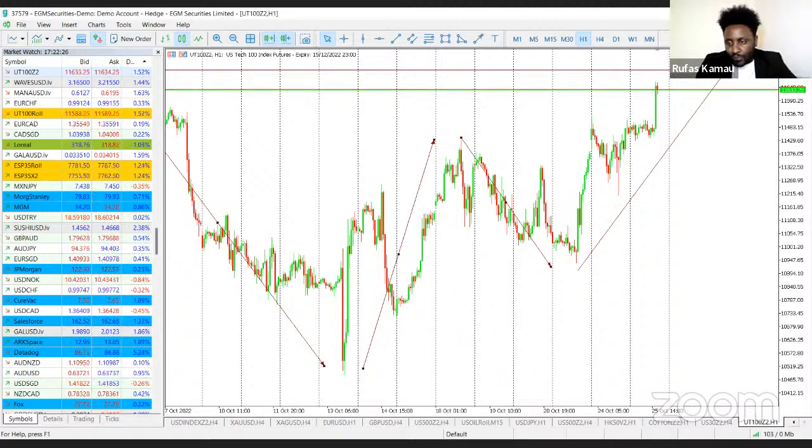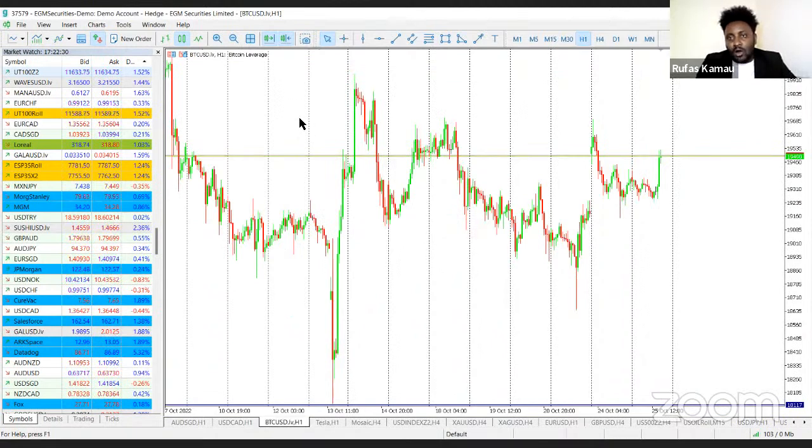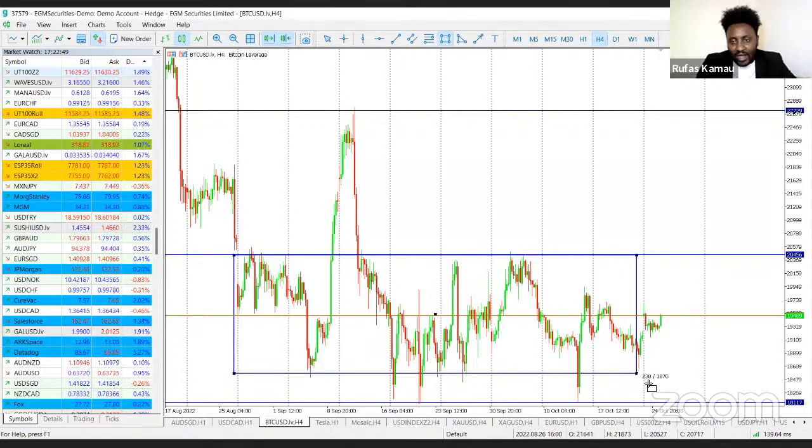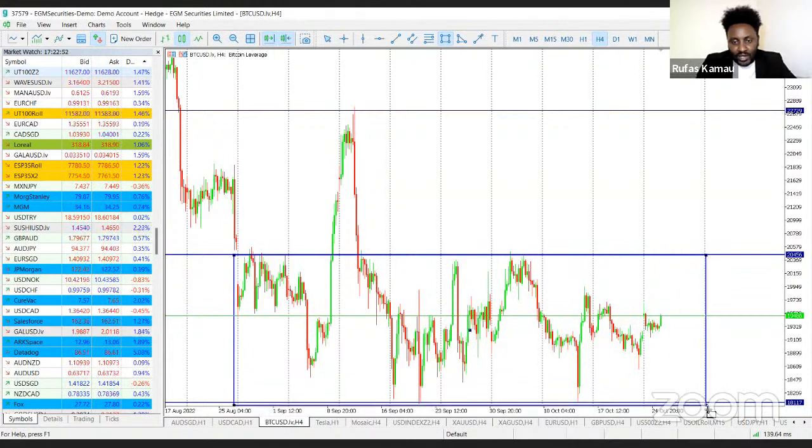As for crypto CFDs, I'm expecting a quick bull run, also accompanied with the S&P 500 movement. Also with Bitcoin, I expect some strong momentum. From what I'm seeing here, remember Bitcoin has been ranging. It has been sideways, so we don't have those crazy breakouts that we have been seeing in other markets. Clearly, you can see the range and how it has been happening, with a high of somewhere around 20,156 and a bottom of around 18,117.